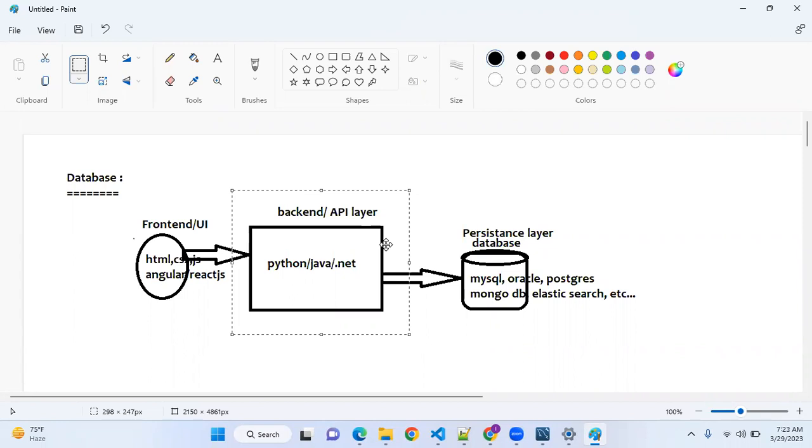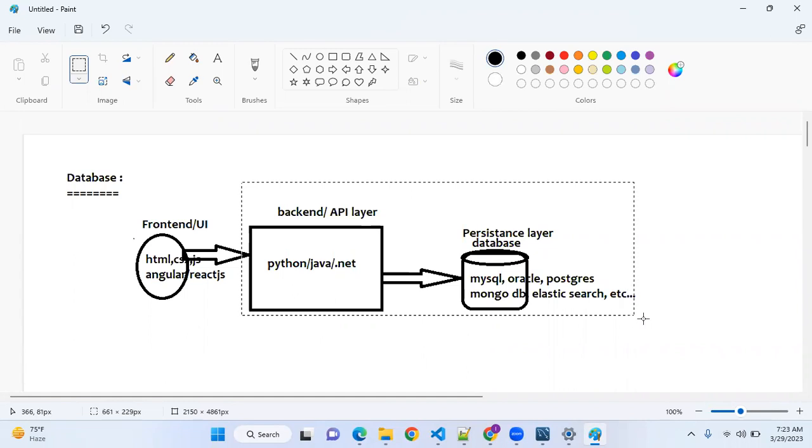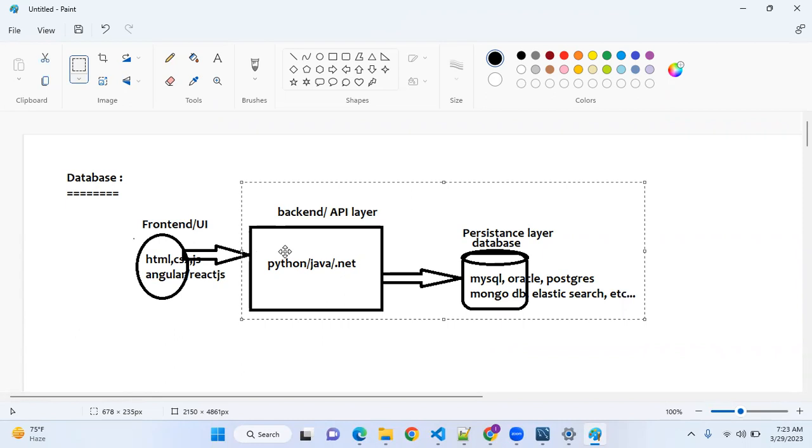Whatever you have done till now, those are standalone applications only we can call. When it comes to an application that is running on the internet or on the server, we call them web applications. In 90%, 99.9% of the cases, your Python code will connect to the database, talk to the database, and get the data.